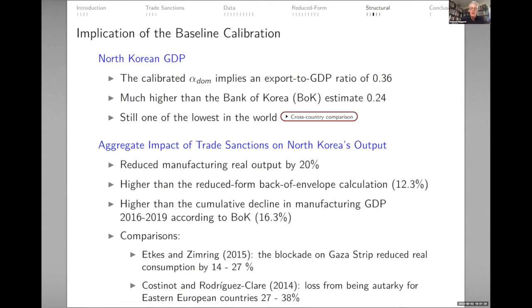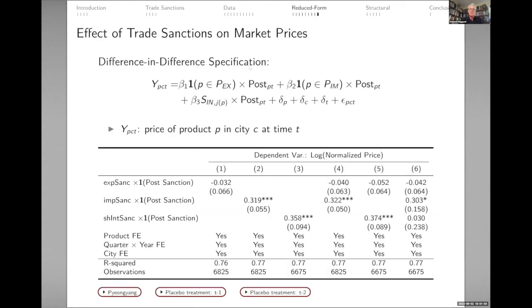Yeah. Right, but again, I'm repeating myself, but note how the price data, if you look at the price data on the import restricted items, and you take those increases in prices as a kind of proxy for a welfare loss, in some ways it's just, again, more intuitive and simple and direct. I mean, North Koreans are paying 35% more for everything, for imports that are sanctioned. That's just super straightforward.